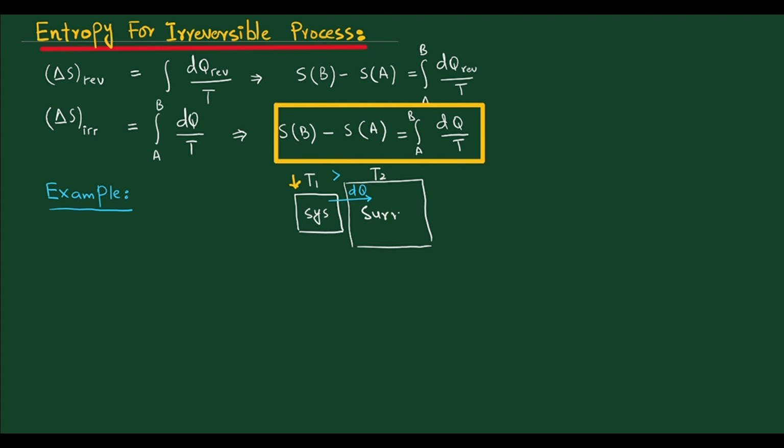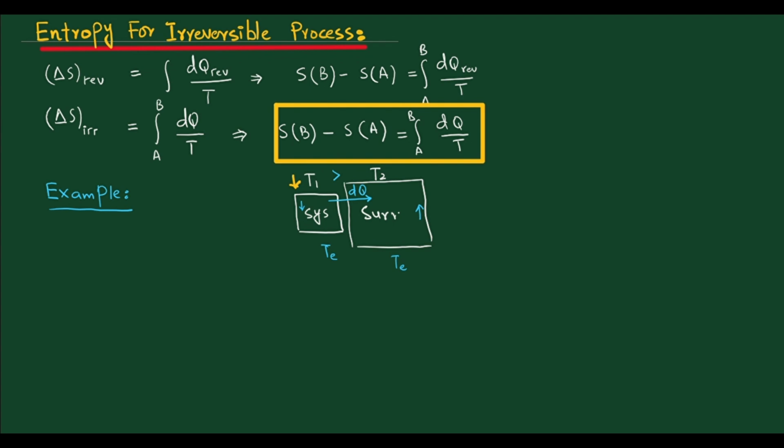And it is an irreversible process, and because it is irreversible, the temperature T1 is not equal to T2. When the heat travels from system to surrounding, the temperature T1 of our system will decrease and the temperature of the surrounding will increase, because the heat is entering the surrounding, and the temperature of the system will decrease because the heat is leaving the system. And at equilibrium both have the temperature Te. After some time the heat dq flows from the system to the surrounding, then its temperature will be at equilibrium Te.